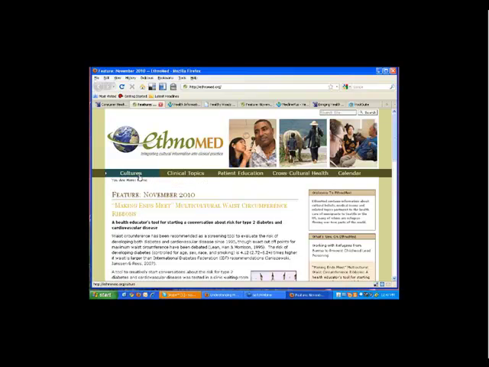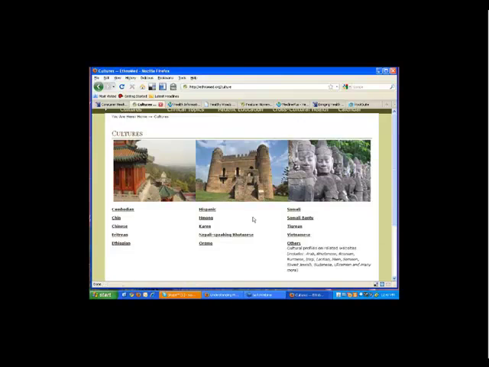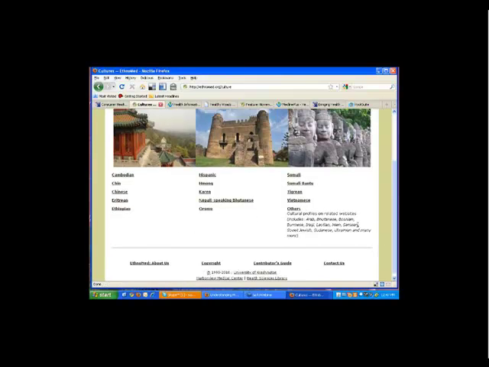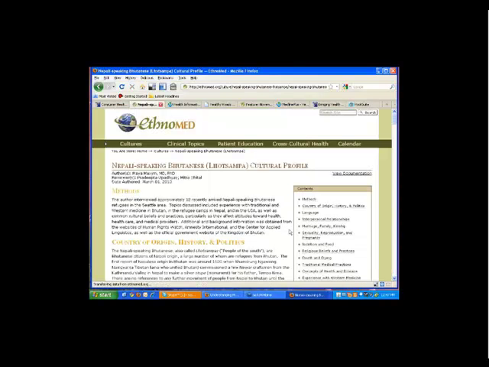This is, again, a rich resource because it has patient education information, and so information in other languages, but it also has this section on cultures. And so I'm going to take a look at the culture section. And you can see all the different cultures that are listed. I'm just going to click on the Nepali section, and in that section you can see the type of information that gets included in the profile.